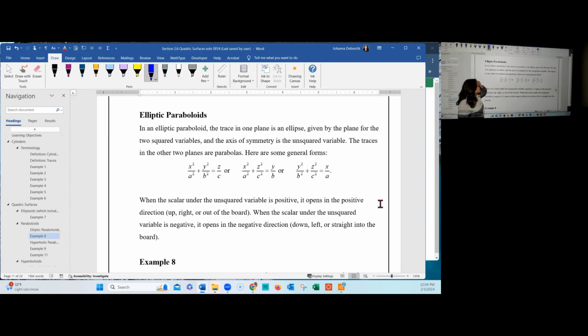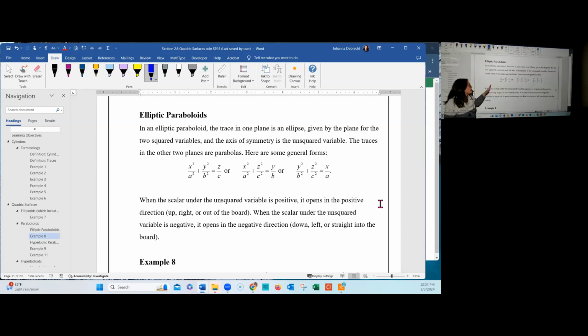So in this case, if we were given the plane, the axis of symmetry is the z-axis in the first one because it's not squared. In the second one, the y is not squared, so the axis of symmetry is the y. And in the last, the x-axis would be the axis of symmetry because it's not squared. So if we take the plane of the two squared variables, like the xy plane right here, it will look